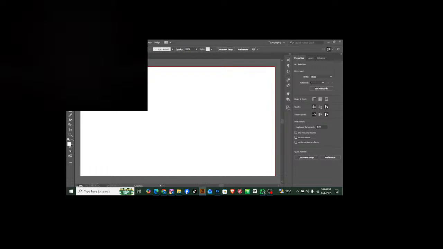Now we want to create a background color for our main heading or for our main tab. What we'll do here, we'll choose the rectangle tool. Then after picking the rectangle tool,